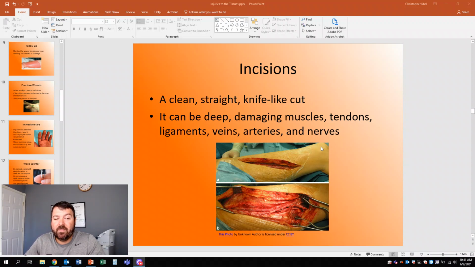A lot of times the incision is going to happen with someone trying to cut something. The knife's actually kind of dull, and you use a lot of pressure to cut it, and it slips, and that's when you cut yourself. So usually the incisions are almost always full thickness, and they go very, very deep.